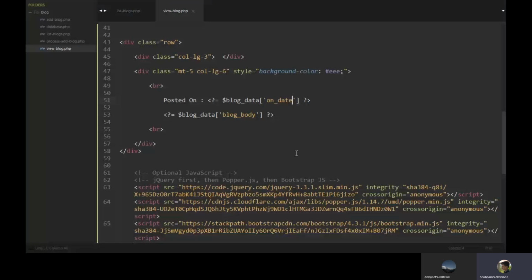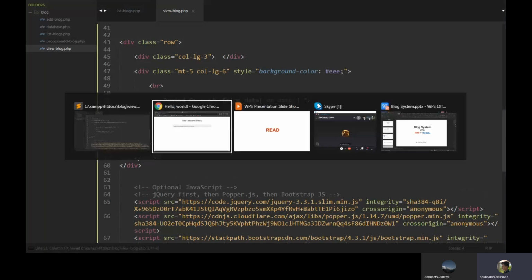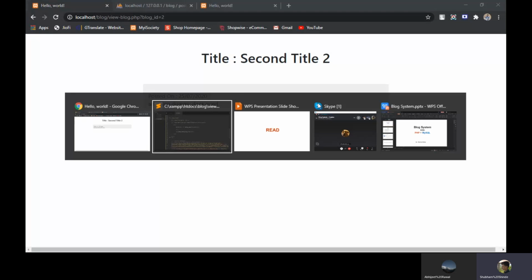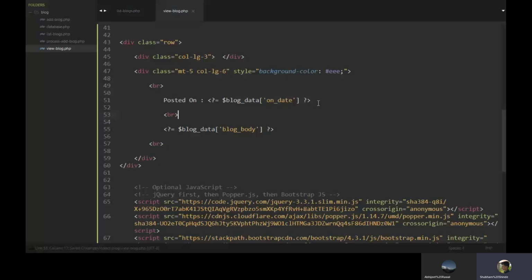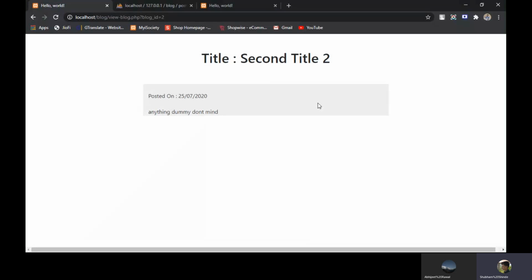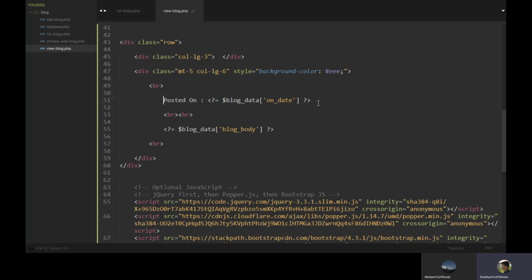Let's put some br for breaking that line into multiple lines or space. Okay, one more br. Yes, that's looking good. Let's put some bold tag, B.